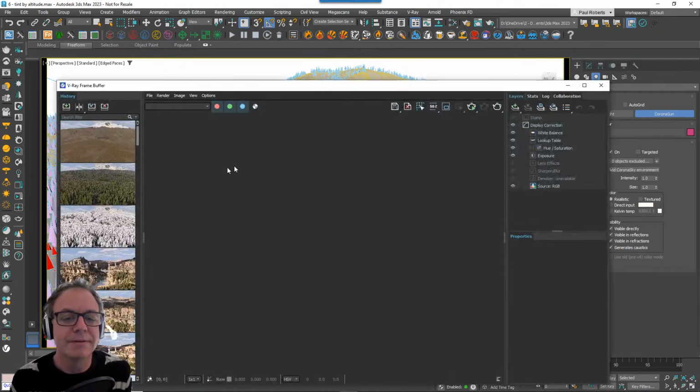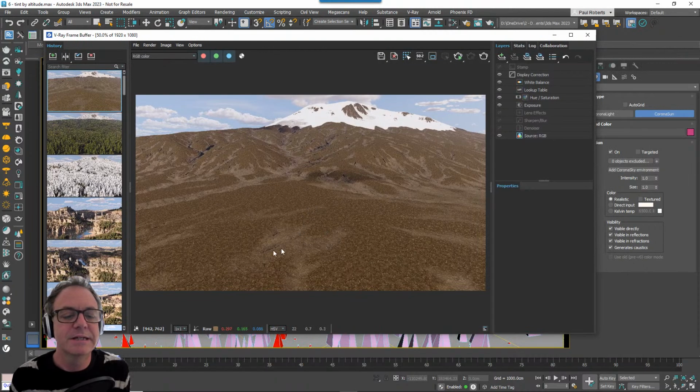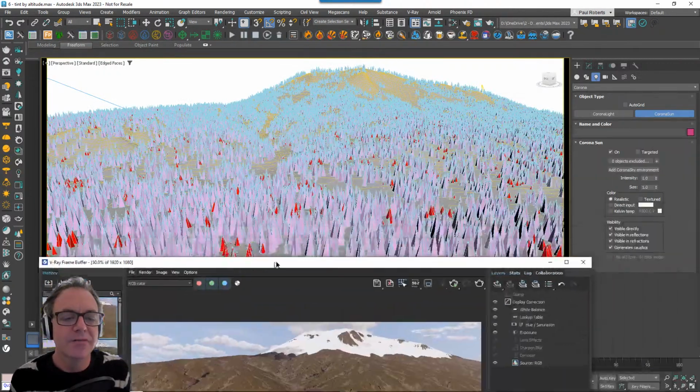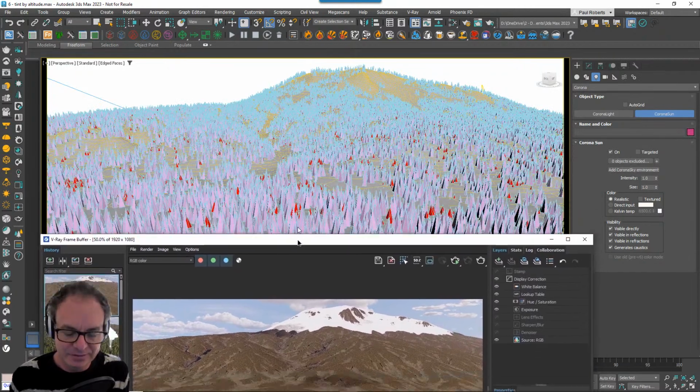Here we go. Okay, so simple mountain, nothing fancy, not great materials, but we're not going to see them anyway. I've got a tree on here, which is from one of the 3D Garden Snowy collections.